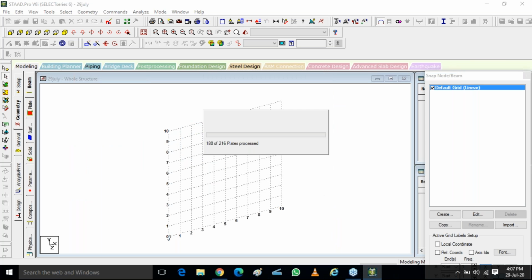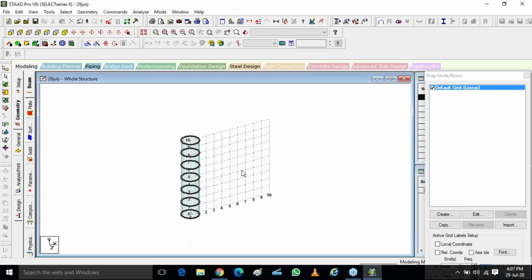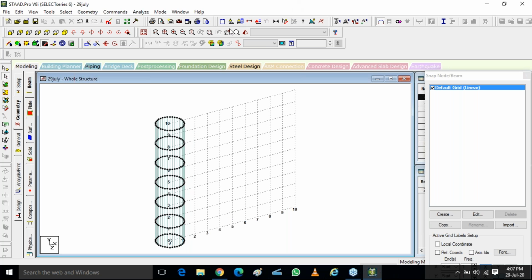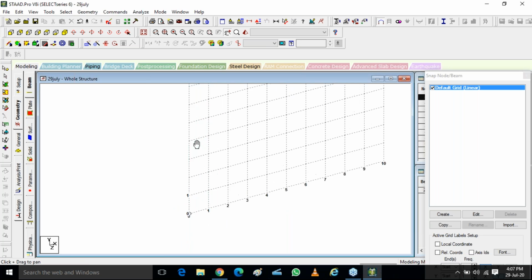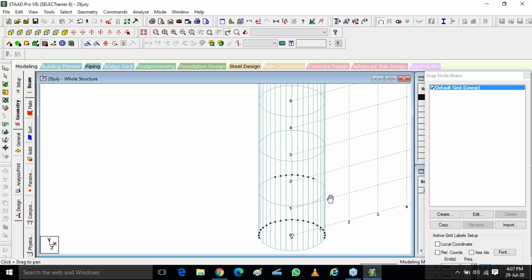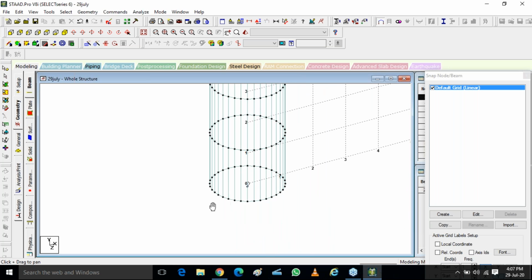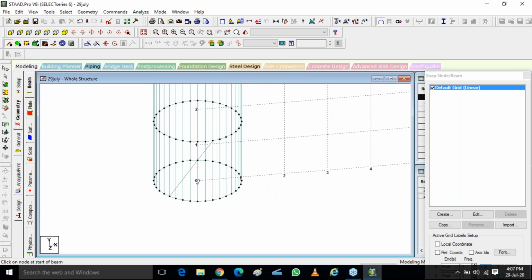How can you do it? On a circular scale, you have your coordinates now. You can just join them. How can you join that? Simply first select two nodes, then rotate it.